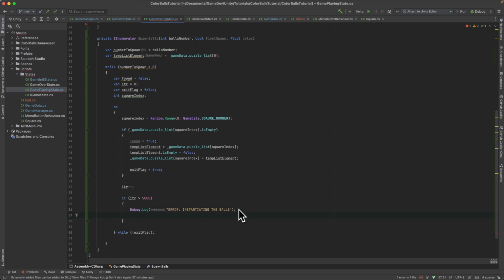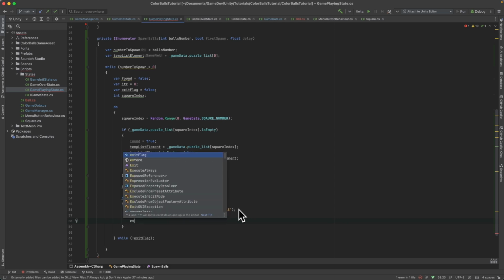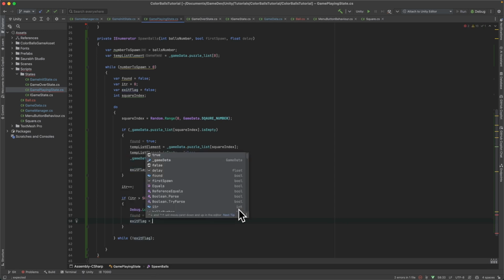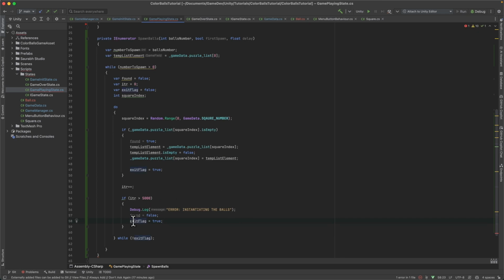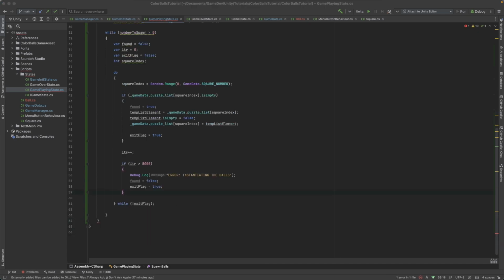Okay, and then we want to set our found to false because we never found the ball, we just hit the safety argument, and then exit flag will be equal to true to make sure we end the loop. Okay, and after this do while loop, we want to check if we actually found the ball square index. So found,